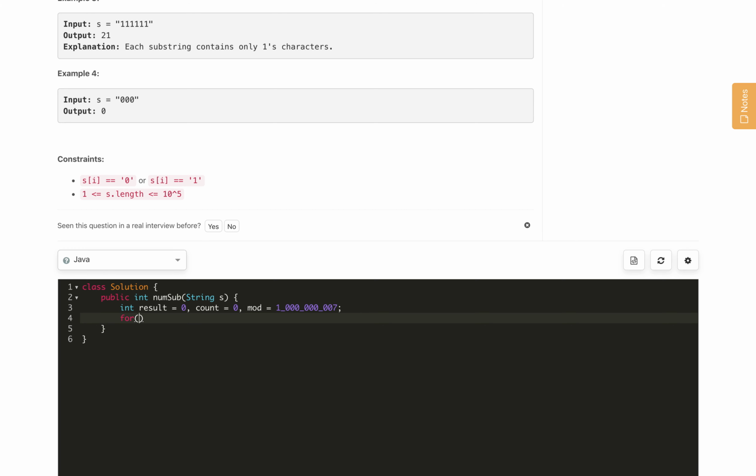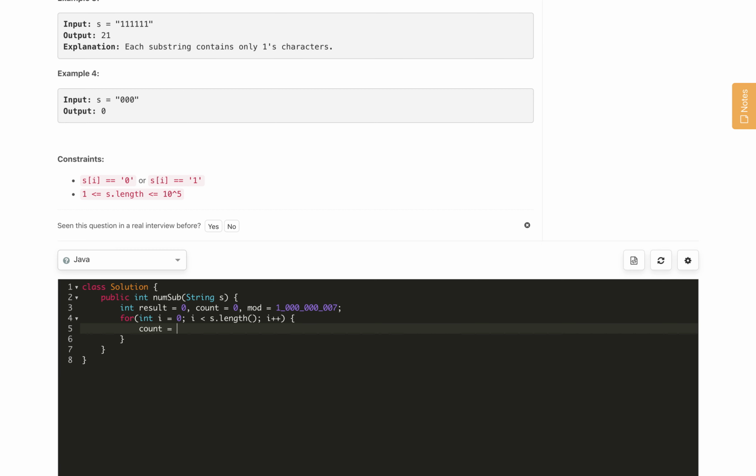Now we iterate over our string, int i equals 0, i less than s dot length, i plus plus. Now we check the character.